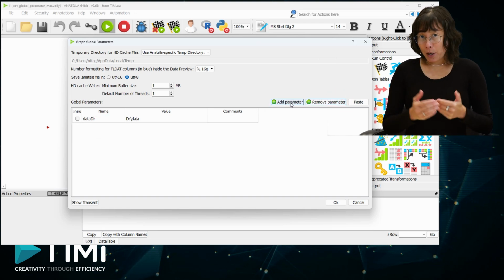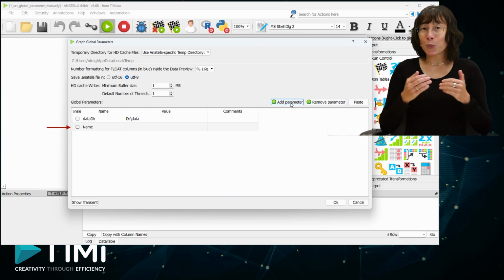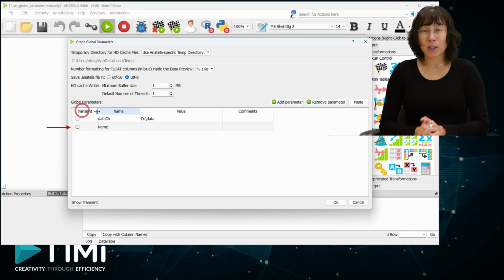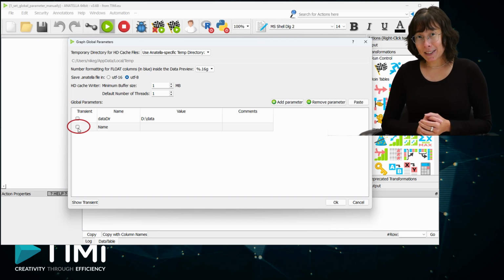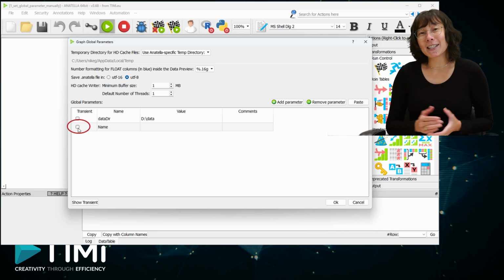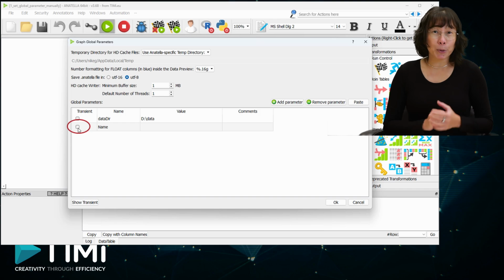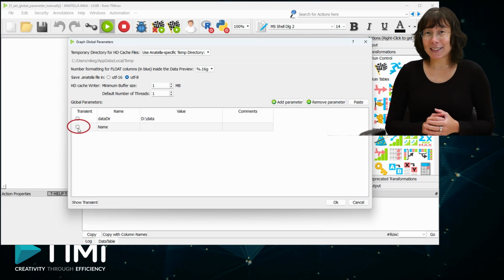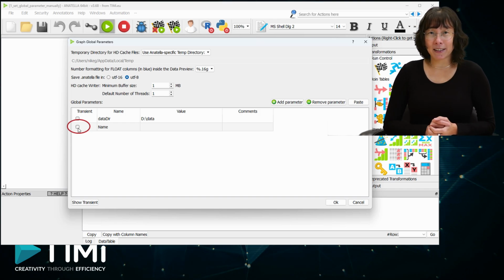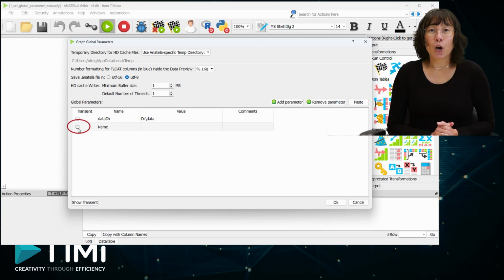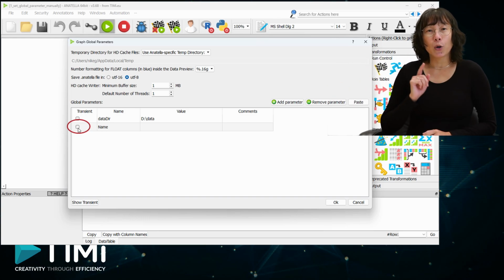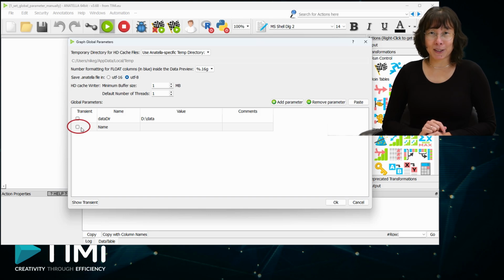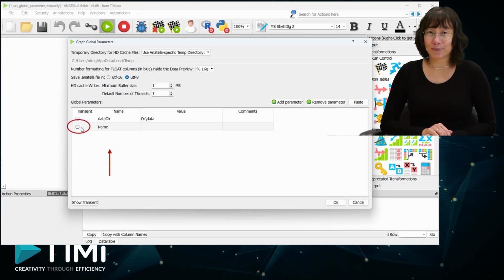When you add a parameter, you'll see a row with the first one. This checkbox indicates whether the parameter is transient or not. A transient parameter is temporary and does not get saved in the .anatella file when the graph is saved. For this example, leave this box unchecked. We will cover transient parameters in more detail later.